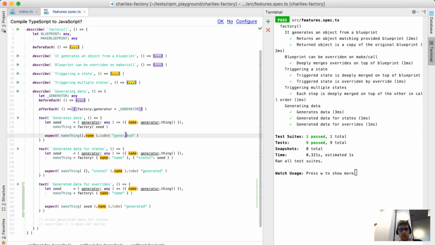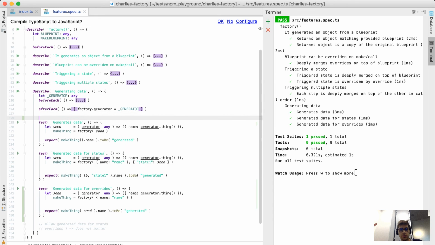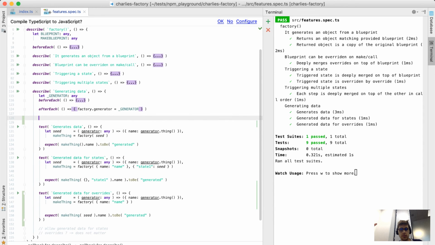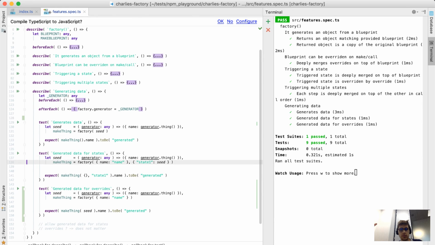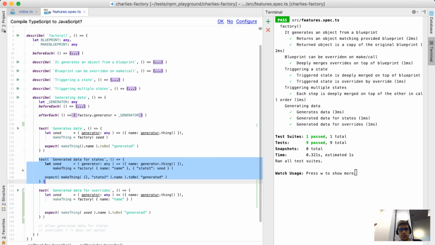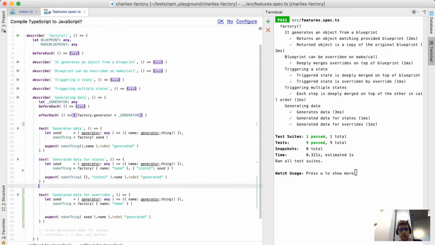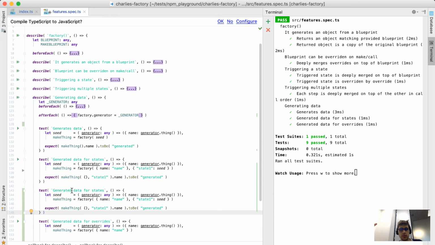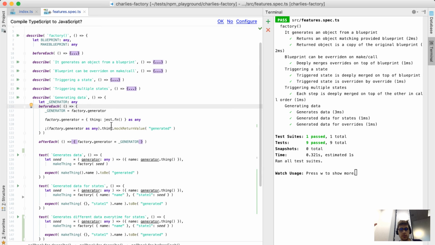I'm not sure I checked that. Let's do that. And I will have to refactor my test to generate different data every time for states. So that means that at this point